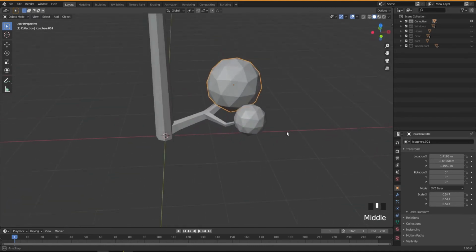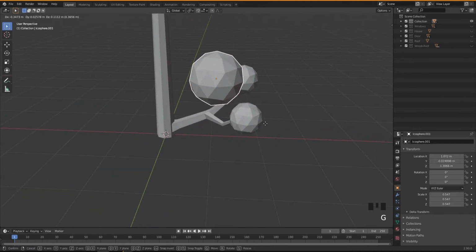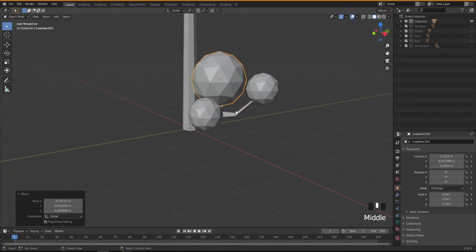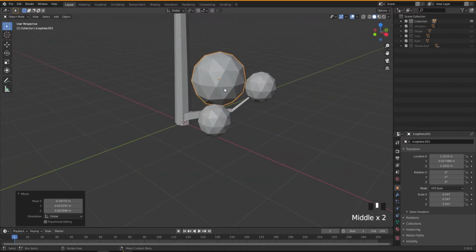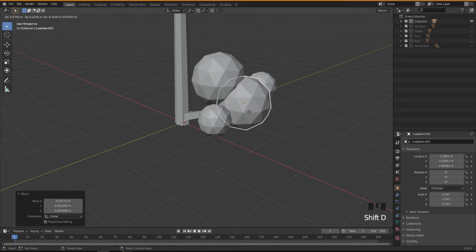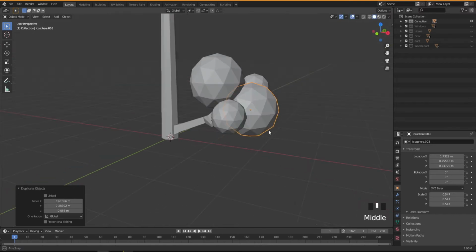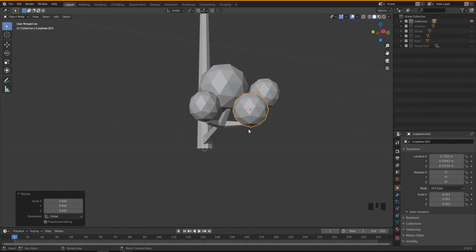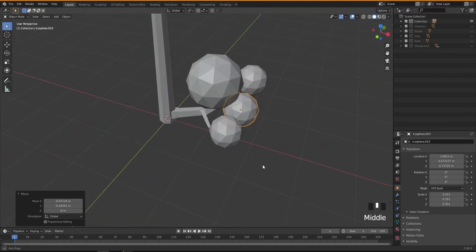I'm gonna move this one a little bit, G like this. I'm gonna put another one here. So Shift D and then S to scale it down like this, then G to move it to place like this.